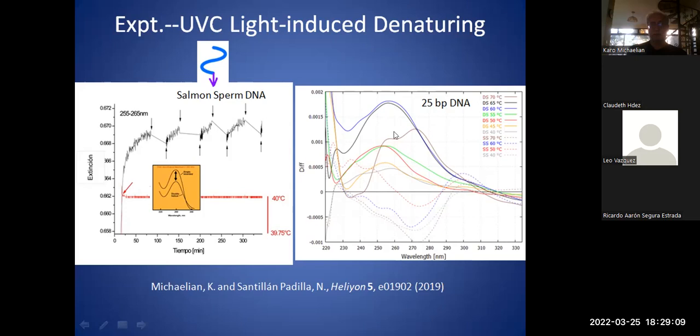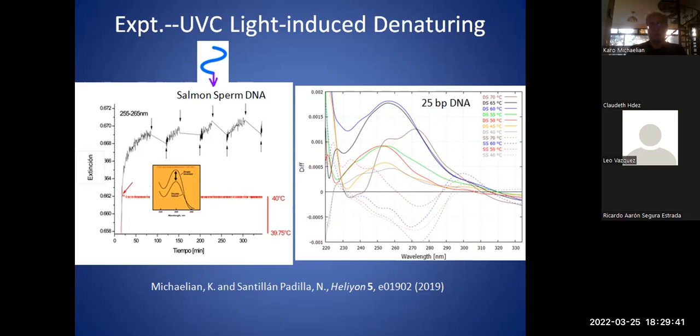And this is for the double strand DNA, the solid lines, at different fixed temperatures, okay? And this is for single strand. This was a control to see that we didn't have something which was not denaturing, which was confounding us. So it was a control to use single strand, because single strand obviously cannot denature. And we found for single strand, in fact, we get lower absorption at about 270 nanometers here. And that is because we're forming pyrimidine dimers.